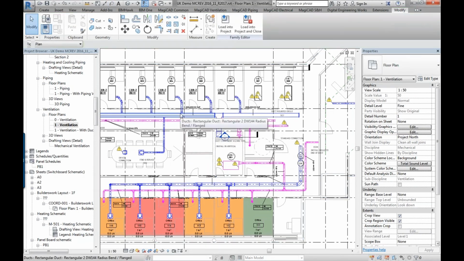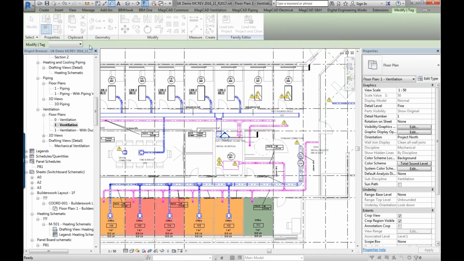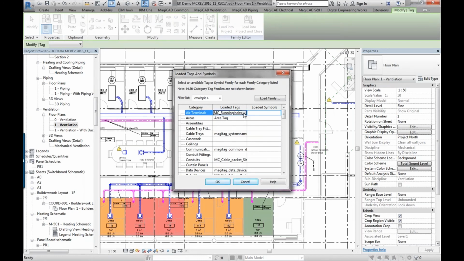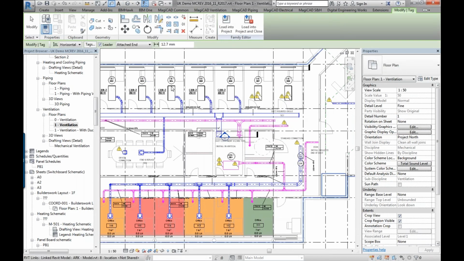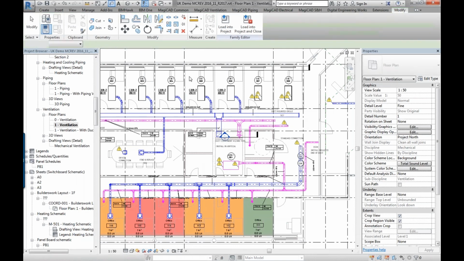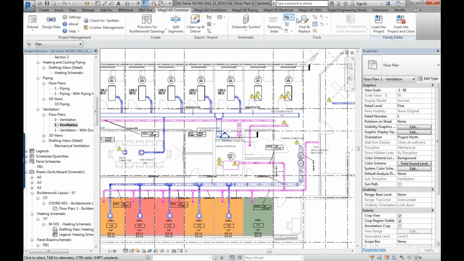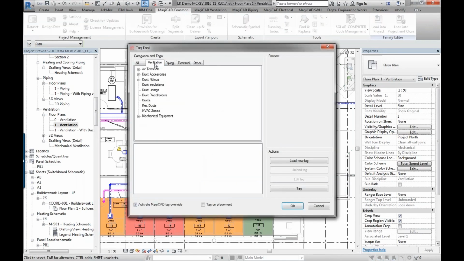But if you want multiple tags for different types of duct fittings and different types of air terminals, then in Revit every single time you tag something you would have to go in and change the tag manually to whichever one you wanted. So it could take a very, very long time to keep constantly switching tags every time you tag a new category. But with this tag tool, for example, with duct fittings,